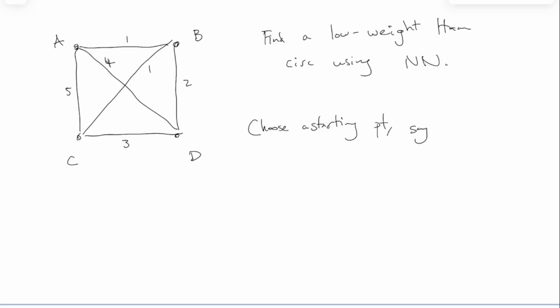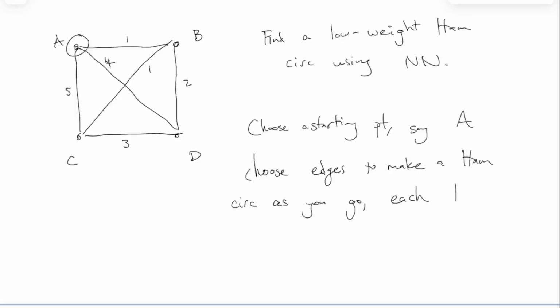Let's say I'll do it starting from A. You might as well, whatever. You just have to choose some place to start. Then you start here and go one step at a time, choosing edges to make a Hamilton circuit as you go, and each time pick the lowest weight